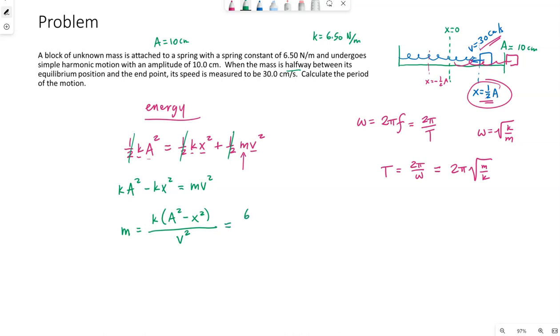So k, 6.5 newtons per meter. A, 10 centimeters. I'm going to go ahead and put that in meters. I'm in the habit of putting things into SI units. x is half of A, so that's going to be 5 centimeters. So 0.05 squared. The speed, I will want that in meters per second. So 0.3, and that needs to be squared. So the mass ends up being